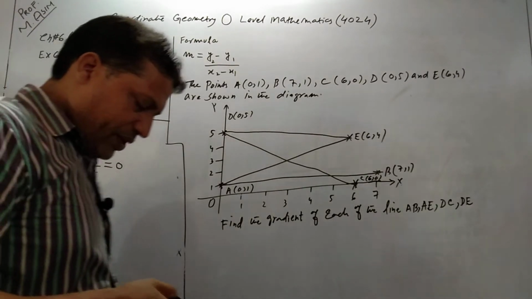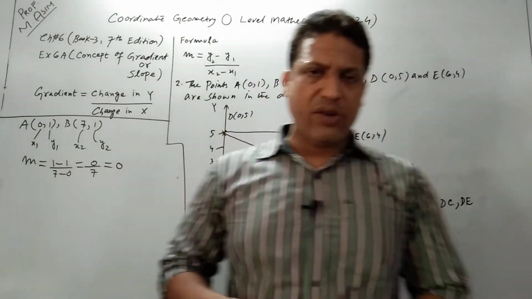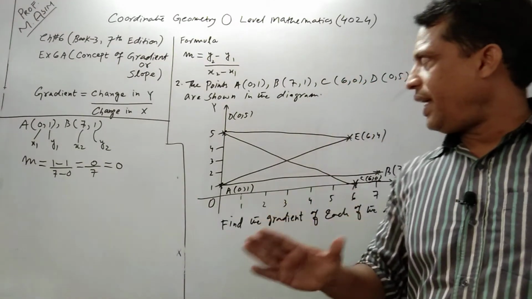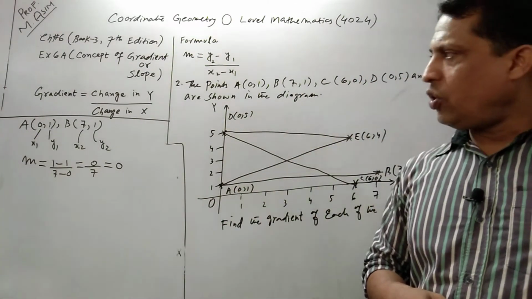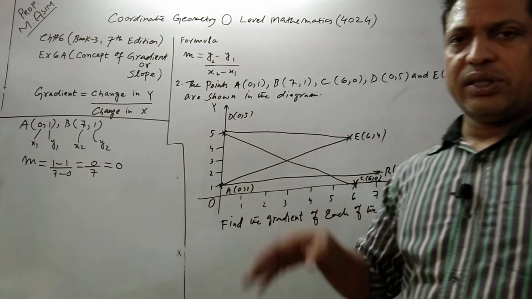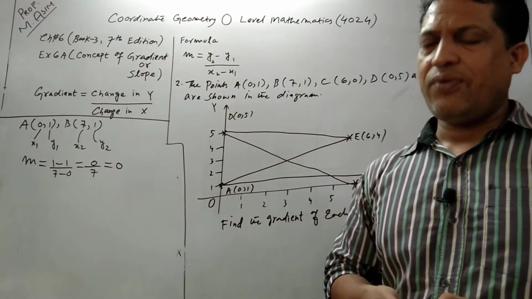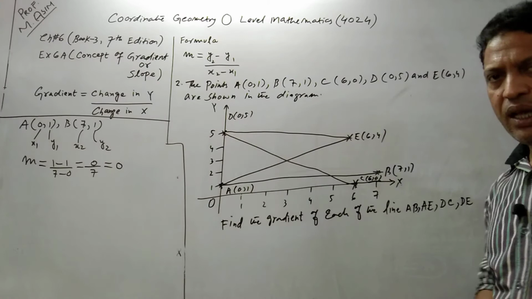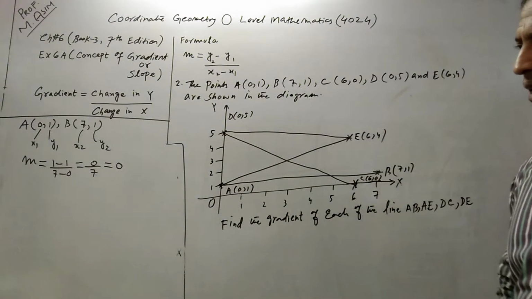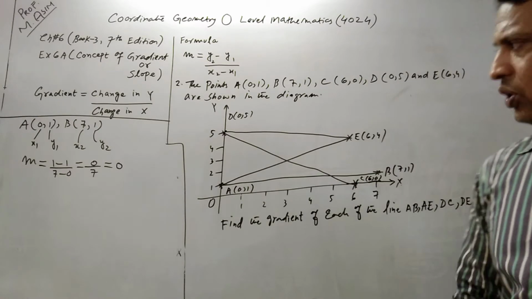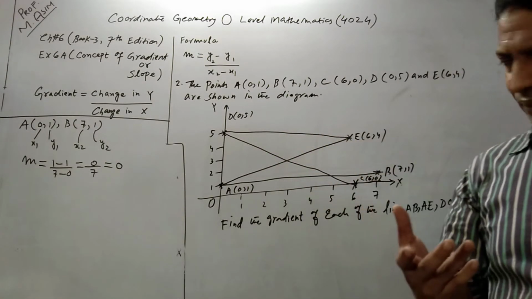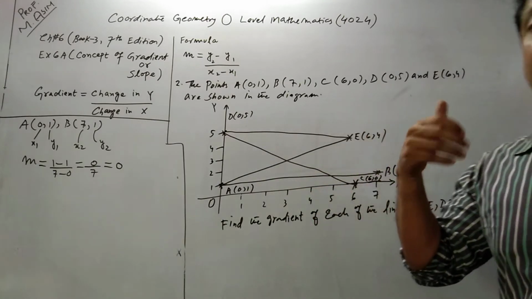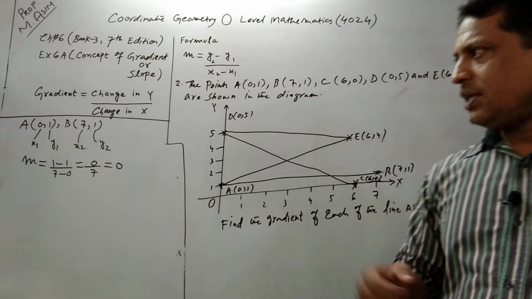But student, one question which should be in your mind: what is the difference between question number 1 and question number 2? Though in question number 1 and question number 2 the question is the same, what is the gradient? The difference is, in question number 2, they want to elaborate the physical, or you can say the graphical, meaning of gradient. See carefully.